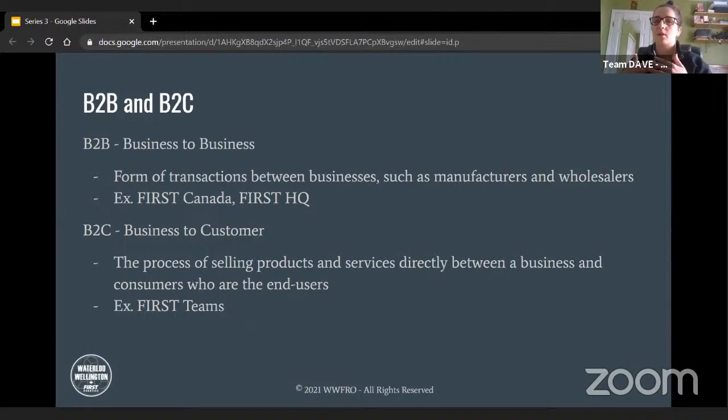So for example, I'll use design challenges in this case. Our design challenges are both B2B and B2C. So you're aiming to go towards those students. You want those students to draw you in, but you also want to try to get the word out with other teams. So it's a business to business transaction in that your team is reaching out to other teams for them to then also reach out to their consumers. So their students, their bases. So it's all very intertwined and it's very important.